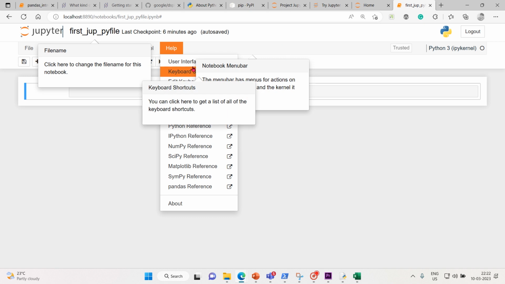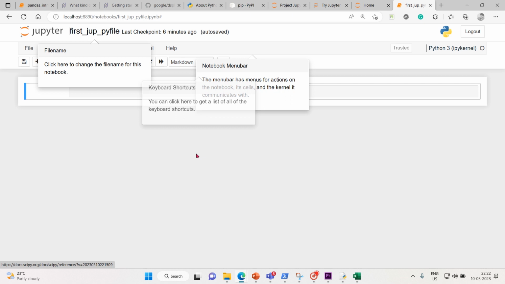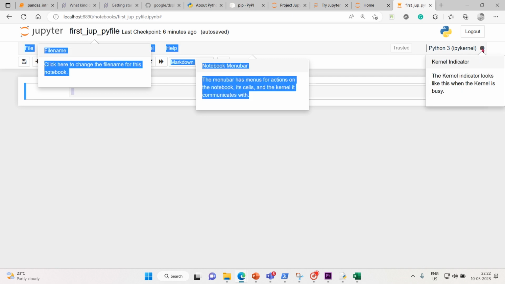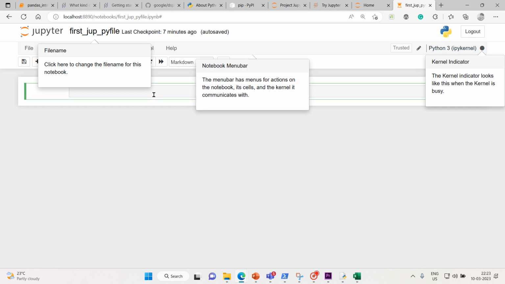And now we'll see how to use the help. And then you have the kernel indicator here. You can see that this is called the kernel indicator. It looks like this when the kernel is idle, and it will look like this when the kernel is busy. You see that when it's running, if you're running some code,